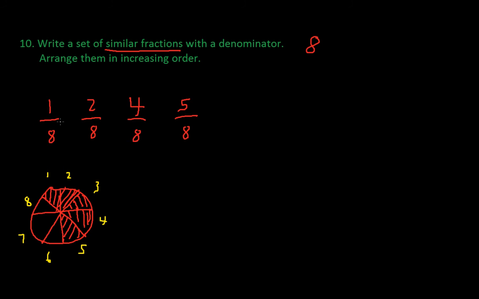So 1/8 is smaller than 2/8, and then 2/8 is bigger than 1/8, and 4/8 is bigger than 2/8. So this would be a set of similar fractions that are arranged in increasing order. So hopefully that helps you with your homework,